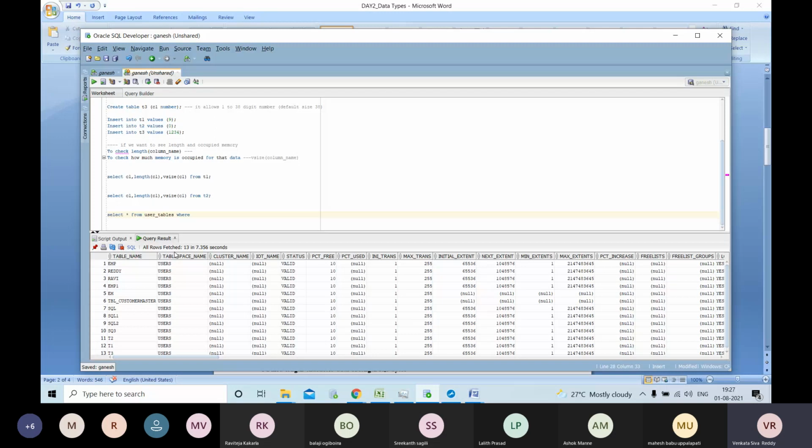Do you know, is Oracle case sensitive or case insensitive? Oracle is not case sensitive. Not case sensitive in the sense that you created the table with small letters, T1, T2, correct? Now I am going to retrieve the data with a capital letter.